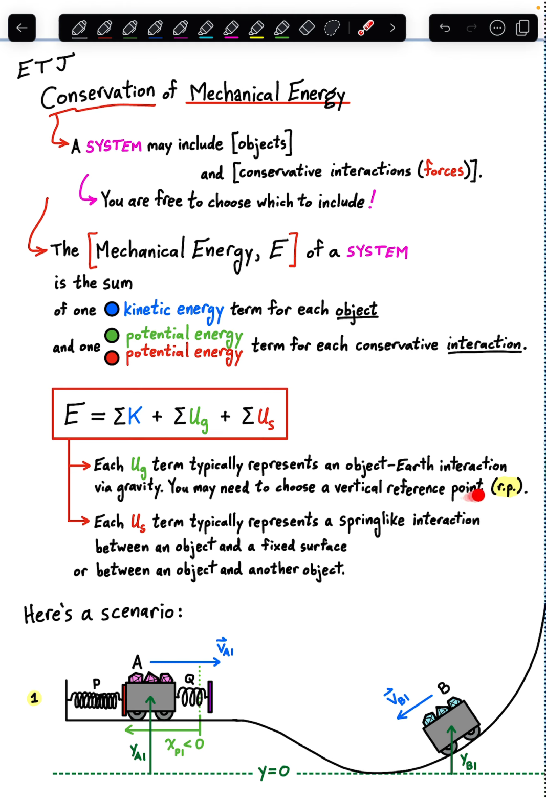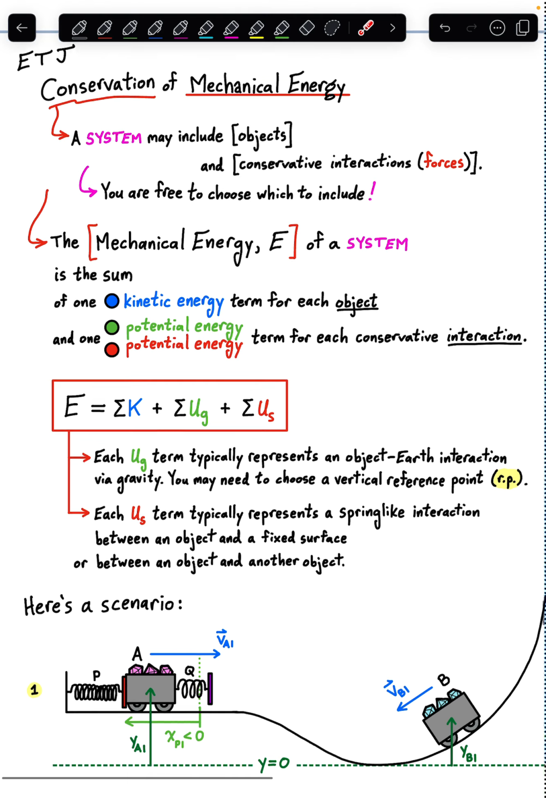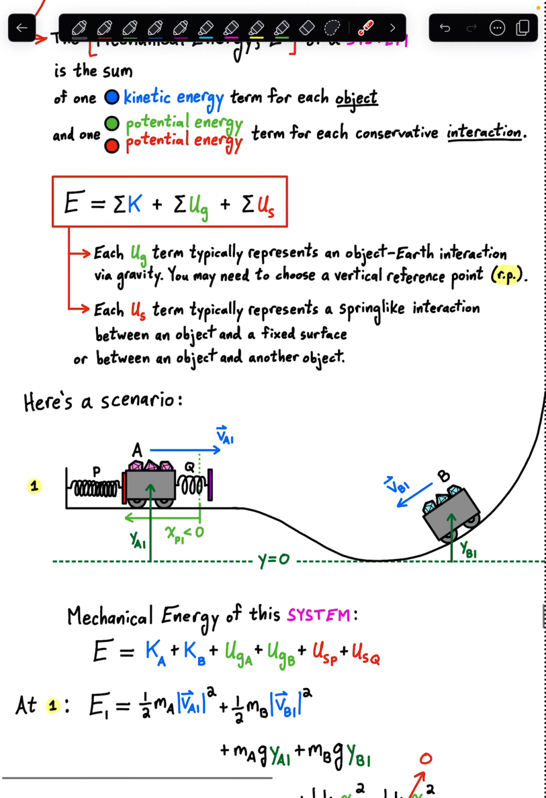Each US term typically represents a spring-like elastic interaction either between an object and a fixed surface, like here, this cart and this spring between the cart and this fixed wall, or between an object and another object, like this spring here attached to the cart, which will mediate the interaction between cart A and cart B when they bump into each other. So now that I've introduced this scenario, let's look at it more closely as an example,